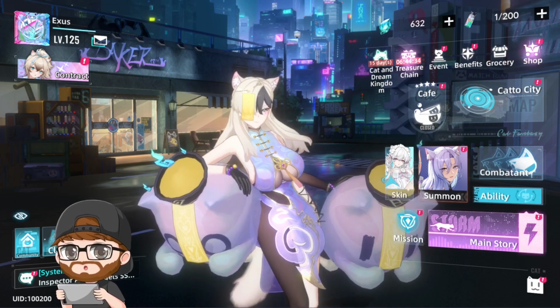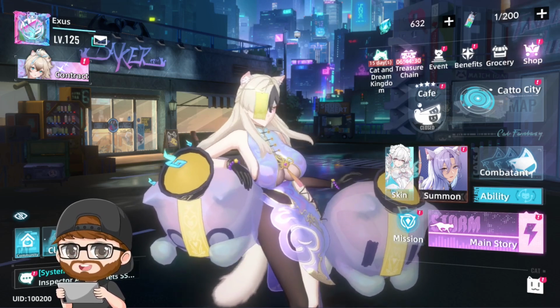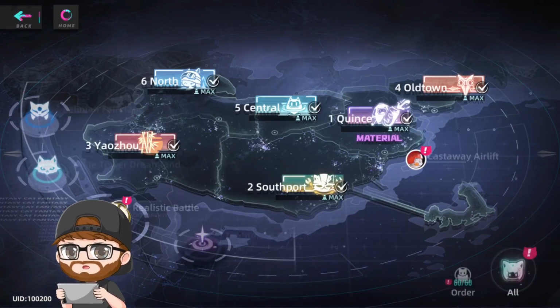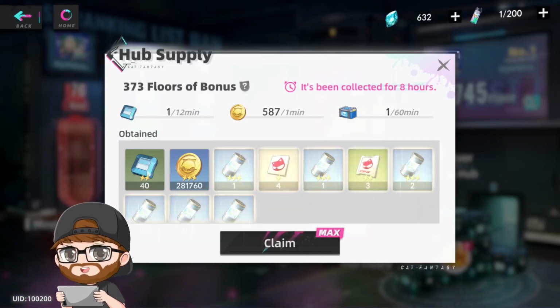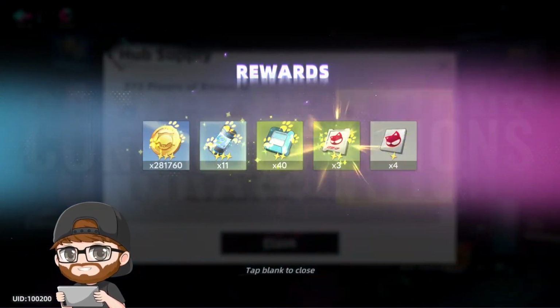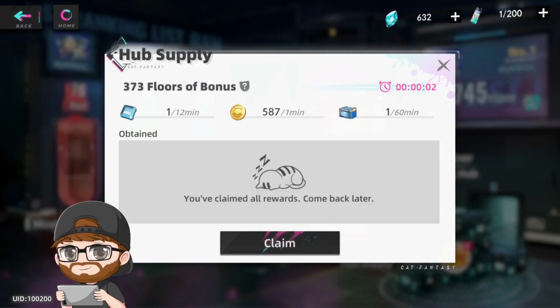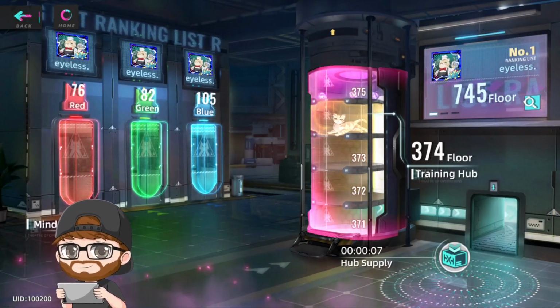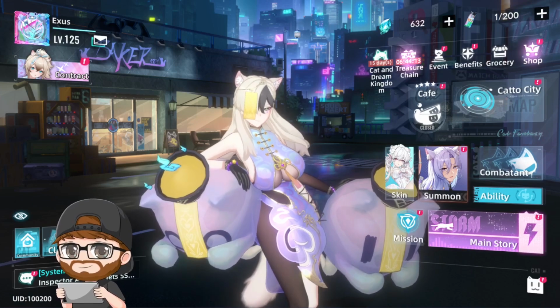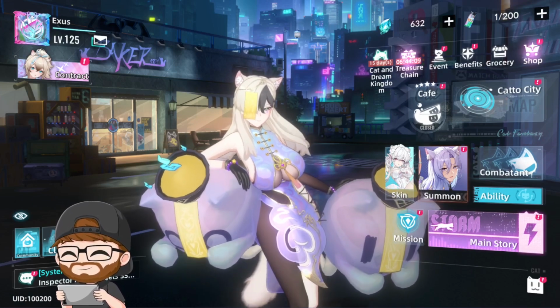Now, there's other areas in the game as well that you can utilize to try and get some of these things. Like, for one example here in the tower, you can go over here and you can collect your hub supplies, and then boom, you get some gear enhancement materials from here as well. Not very many, but it's something, right? It's something. So, again, just pay attention to the skill sets, pay attention to the substats, get the right set